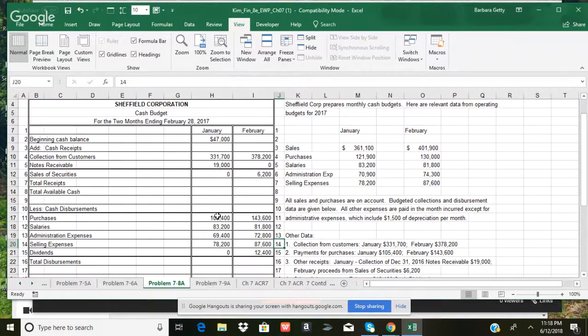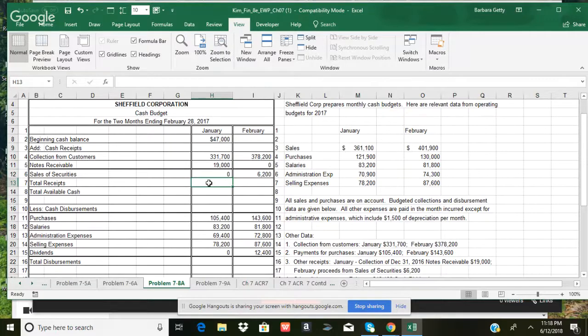We're working with January, and we're going to see our January beginning balance, and we have two cash receipts, and the two cash receipts, well, three cash receipts, I should say. We don't have anything under security. So right here, we're going to give the total of the 31,000 and then 719,000, and that comes out to